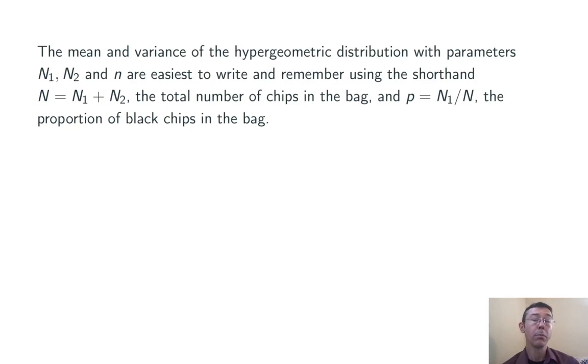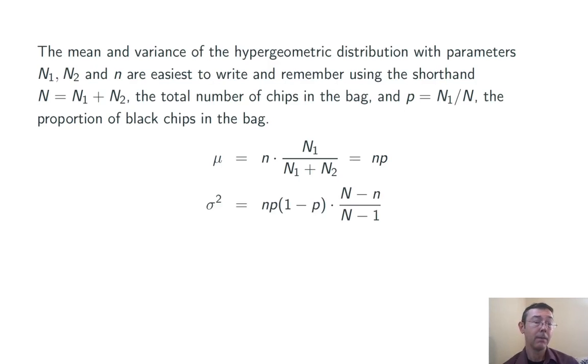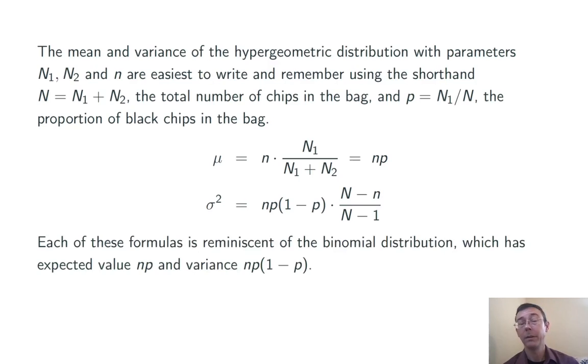And for the original proportion of black chips in the bag, p is n1 divided by big N, the proportion of objects of the kind that we're interested in this calculation. Then the expected value for the hypergeometric distribution with these parameters is just n times p. And the variance is n times p times 1 minus p times big N minus little n over big N minus 1. Now, that second one in particular is a little bit complicated, but I think these are both simplified